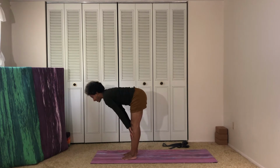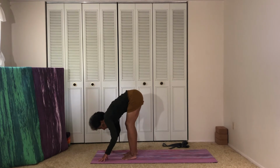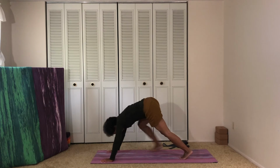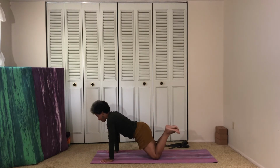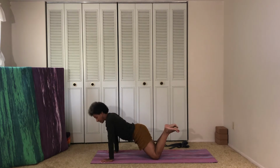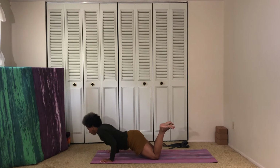Inhale and lengthen. Exhale and fold. Bend the knees, step back into a plank pose, shoulders over the wrists. And then with your next exhale, lower the knees down and bend them. Elbows pointing towards the back of the room, shoulders on the back, ribs hug in, and then exhale, bending the